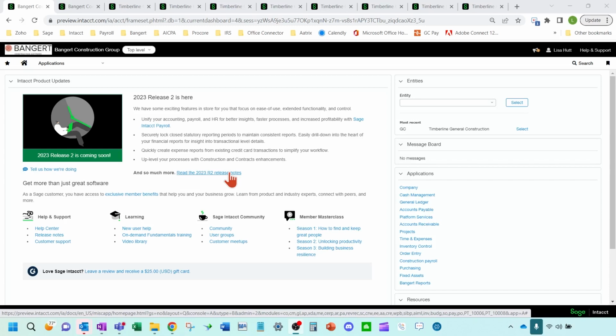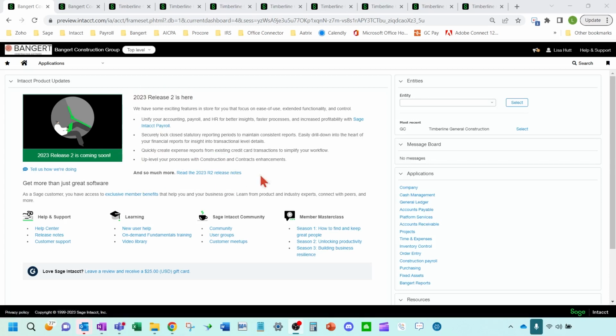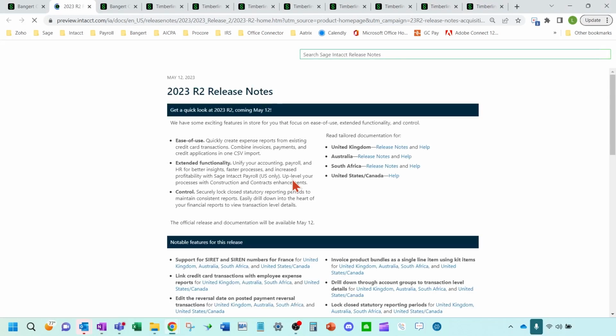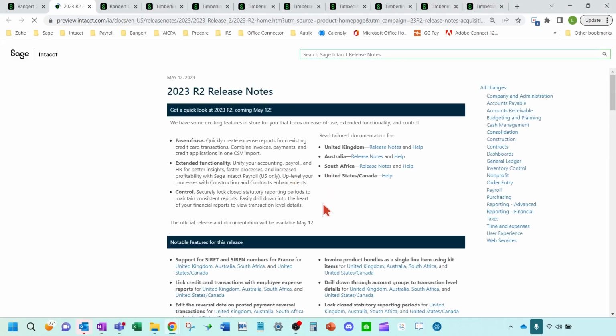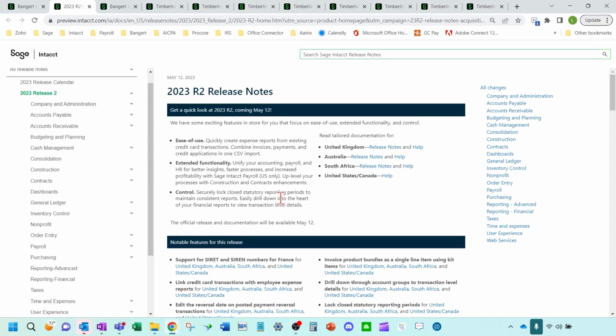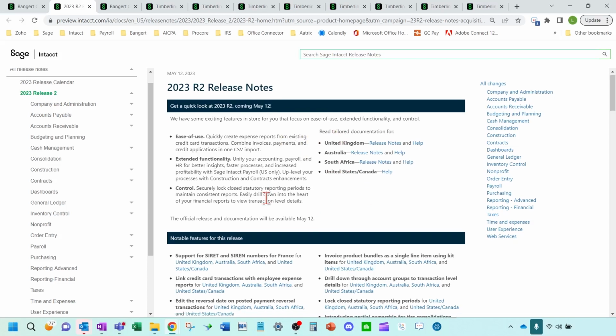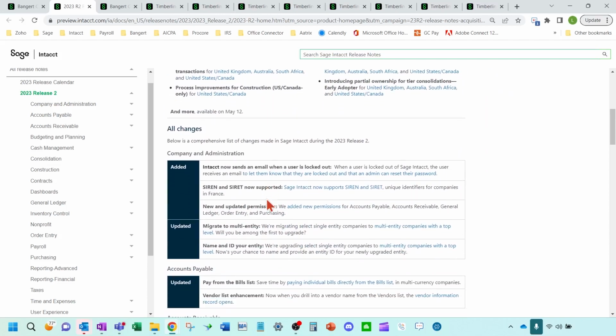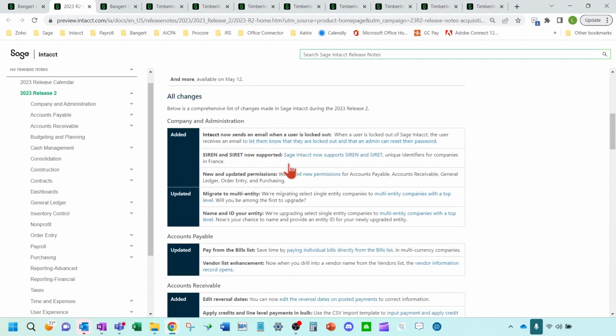So when you log into Sage Intacct, just a tidbit here, they're right here in this section. You can click on the blue link here, and it'll bring up the release notes. If you scroll down a bit, this covers some high level and some country by country notes. But you've got your changes here with the blue links that give you even more detail as to what they have done in the release.